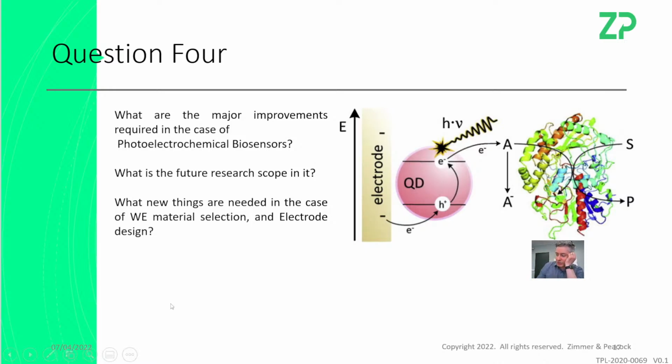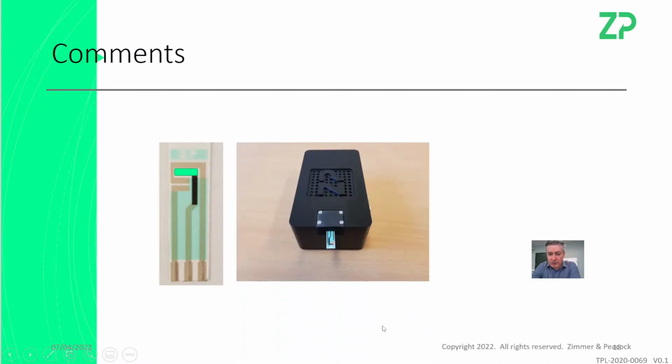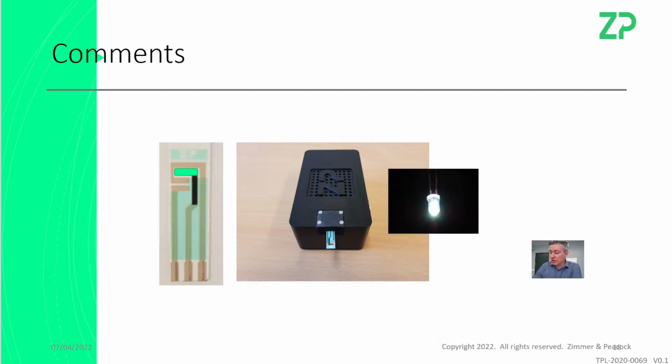The only reason I like the idea is because you can take a screen printed carbon electrode, dispense some nanomaterials on it, and put those electrodes into a potentiostat. The bit that I think is missing is how to illuminate it in a low cost way. Essentially I've put here an LED source on it, a light emitting diode. I like the idea of having this excitation of the electrodes and trying to get an extra signal out of it. I think the gap is that the hardware